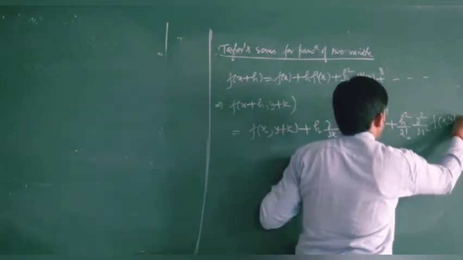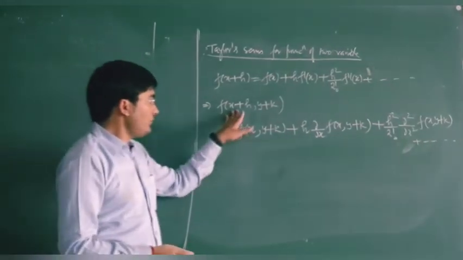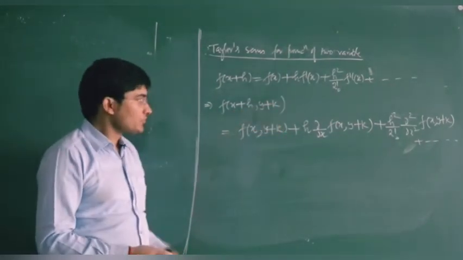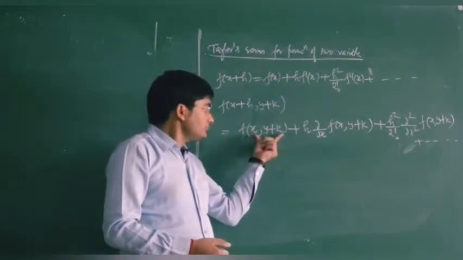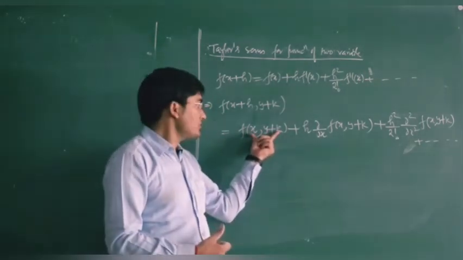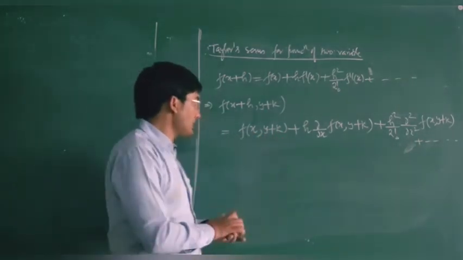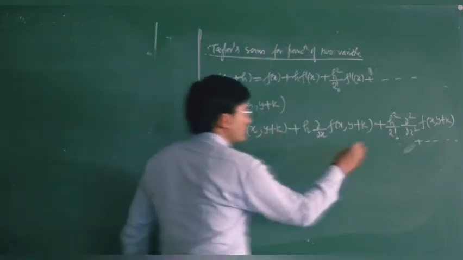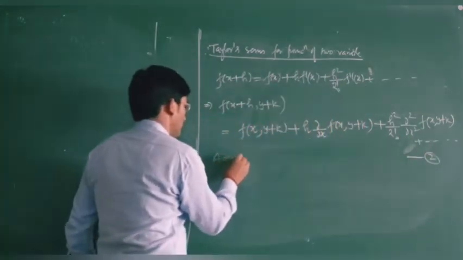and so on. So this is the expansion of f(x+h, y+k) for a function of two variables. Again, this is your Taylor expansion for the function f of x comma y plus k. Now, this is equation number 2. Again, by Taylor series,